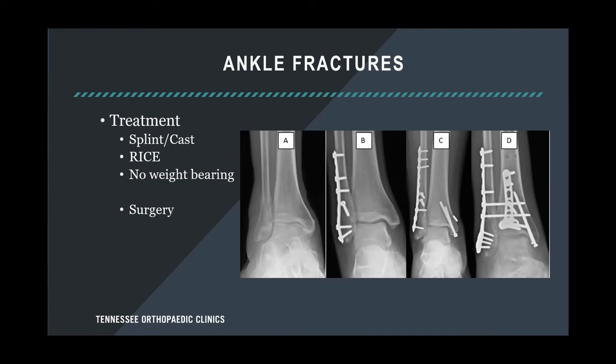Here's a kind of progression of the ankle fractures. A looks like a non-displaced ankle fracture, nothing surgical. B was just a lateral malleolus fracture, it was probably displaced, so they ended up fixing it. C was a bimalleolar fracture where it involved both sides of the ankle, and then you can see D is